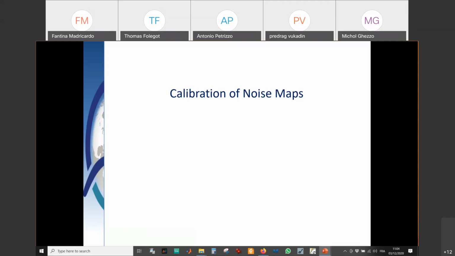Is that what we expect to find? Did you do the correlation with the noise you measured, or just one component of the noise, for example the background noise? No, with the noise we measured. Okay, so with the total noise,